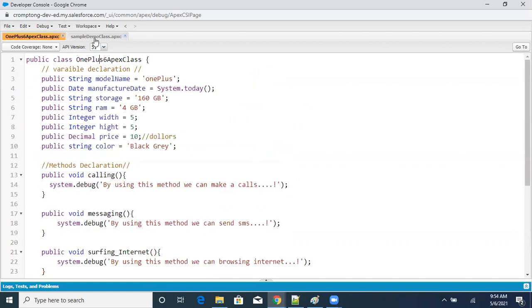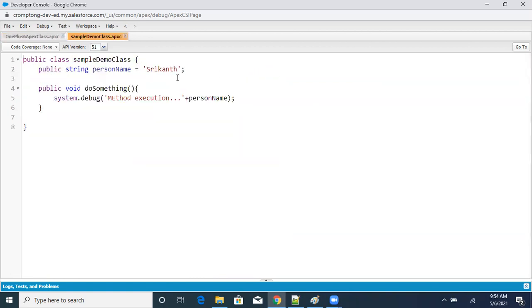Now put this one aside. Come back here. I have written a sample class. You know how to declare a variable. I just declared a variable. Concentrate on this one. This class is saved successfully. Now it is on the server also. And this method, when I hit this method, this statement has to execute. How can you do it? As per time, today